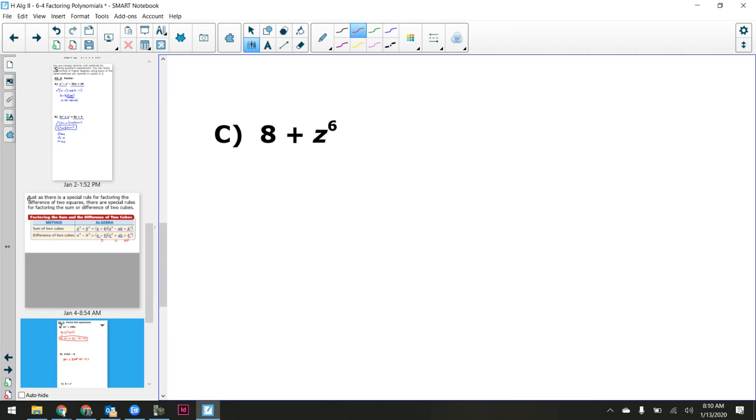Is this in standard form? No, let's put it in standard form to start out. So let's say z to the 6th, let's put it like this, plus 8. Okay, is z to the 6th a perfect cube? Yes, because the power is divisible by 3. Z to the 6th